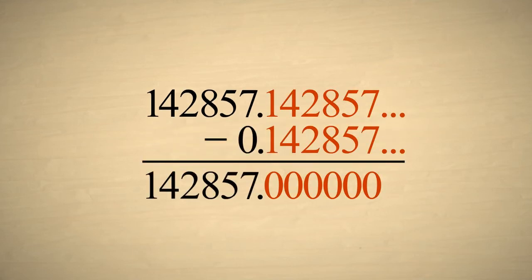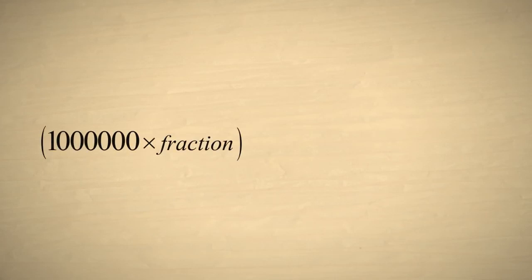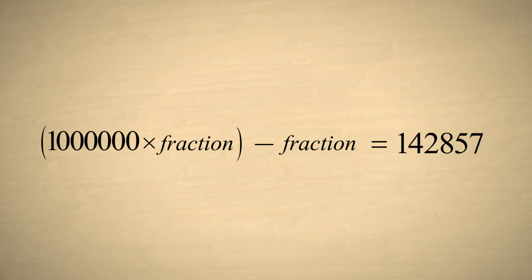This eliminates all but one copy of the repeating sequence. We are left with the integer 142857. We then write the equation 1,000,000 times the fraction minus the fraction equals 142857. Using the same logic as before, the left side of this equation can be simplified to